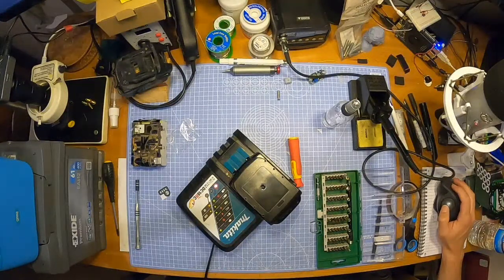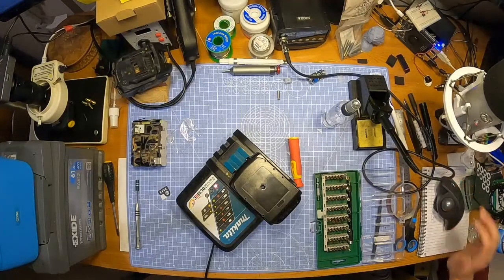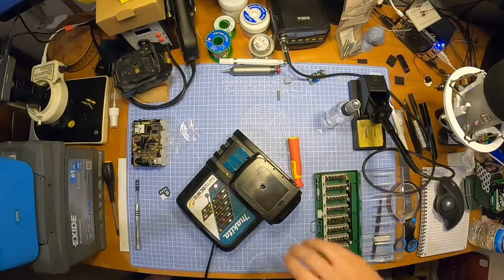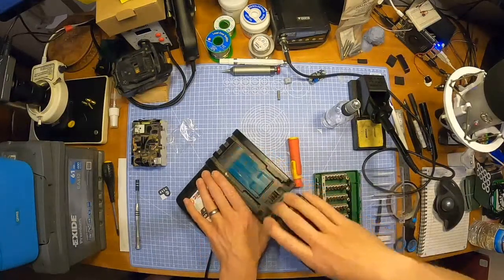Yeah, so yeah, there you go. Seems like it's charging. Seems good. What I'm going to do, because I don't know whether it's too low to run the drill at, I'm happy to plug the drill in now anyway, because it's just charging, isn't it? So it's all good. So let's take it off there